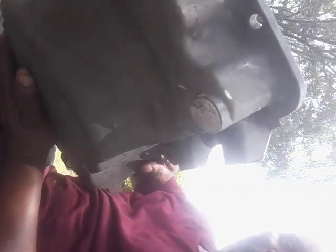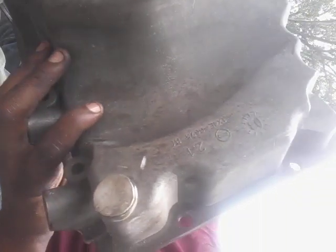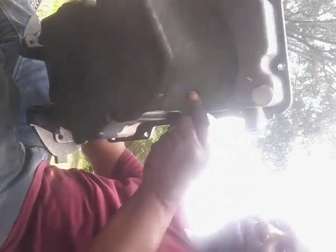The other thing is, this bottom piece that makes no sense why it's on the oil pan. It just literally has no meaning whatsoever. It's probably about 4 or 5 centimeters thick and round, and it hangs down maybe about that low, and it prevents you from really dropping the oil pan freely. I cut that completely off. As you can see, I shaved it completely down as best as I can get it, as close as I can get it. This allows me to drop this oil pan freely,